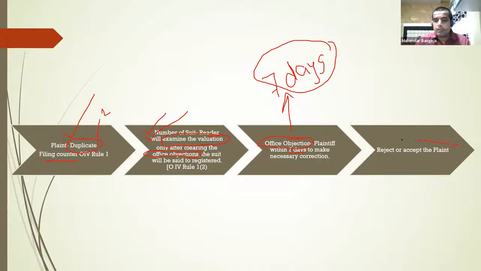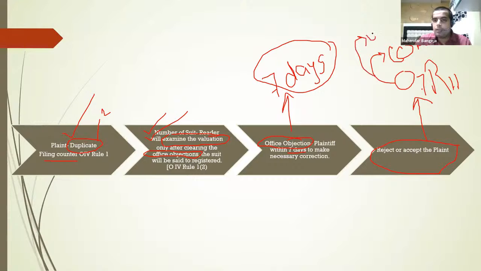In court, the court will either reject or accept the plaint. Now, the grounds for rejection of the plaint are provided in Order 7, Rule 11. Plaints can be rejected in these cases. First, if it does not disclose the cause of action. If the plaint is undervalued, and if it is not duly stamped, and if the suit is barred by any law,